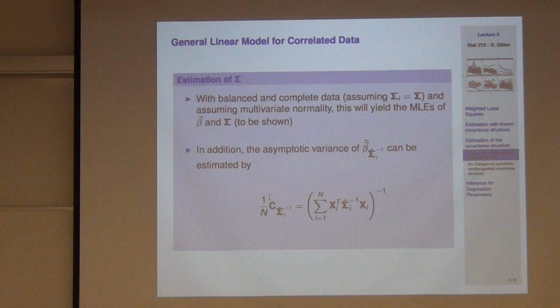So now, Brian brings up this point, why the 1 over N in here? And that's because I'm not talking about root N times beta hat. I'm talking about just beta hat, the variance of that. So that's why I've got the 1 over N in here.